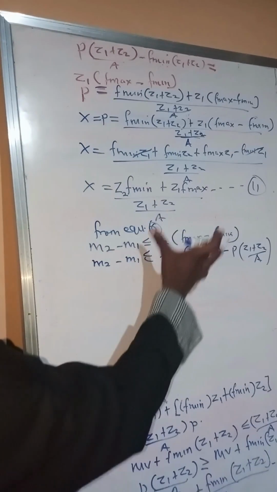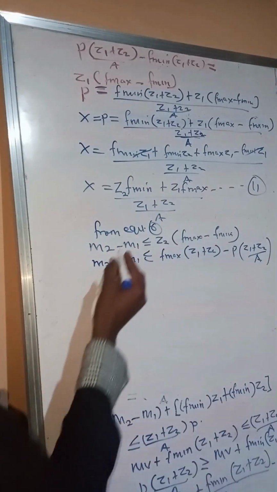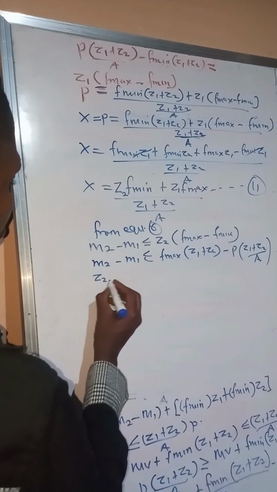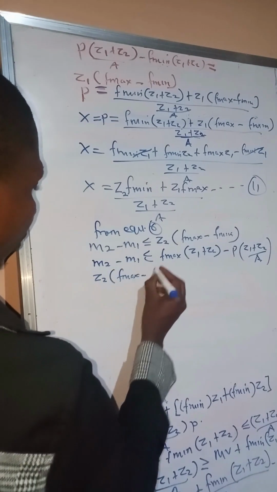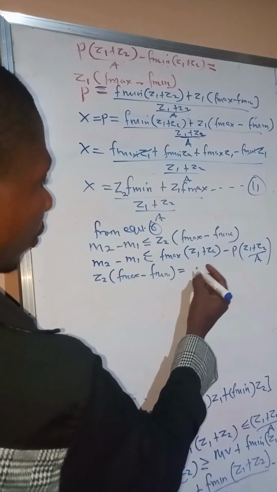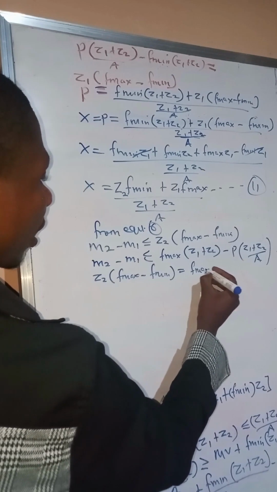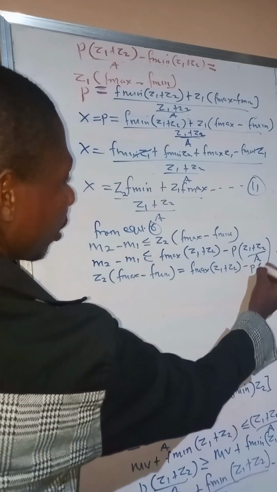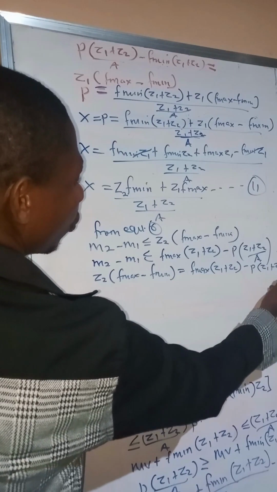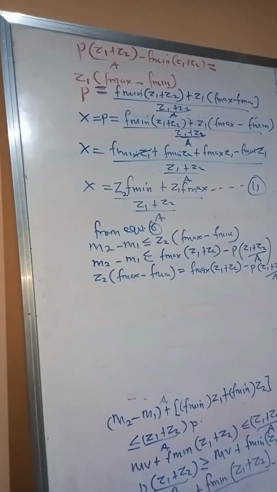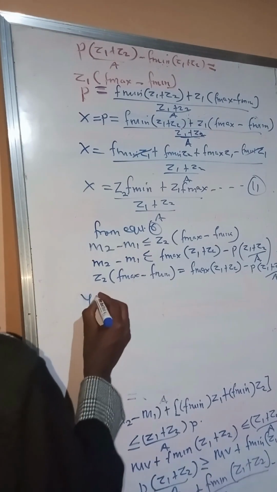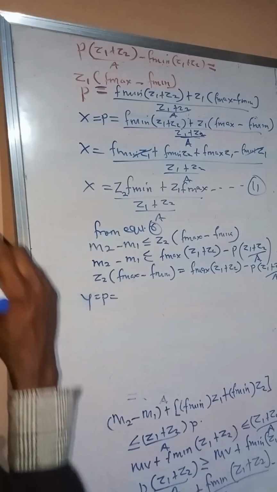So substituting both of them, if equation 6 is equal to equation 8 at the point of intersection of the two straight line graph, we'll have Z2 bracket F maximum minus F minimum equal to F maximum bracket Z1 plus Z2 minus P bracket Z1 plus Z2 over A. Okay, so remember that our P will represent our critical pre-stressing force, which is our Y. So we can say that our Y, which is equal to our P also, is equal to